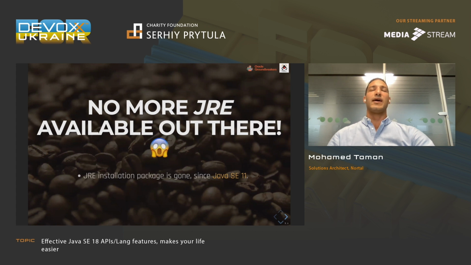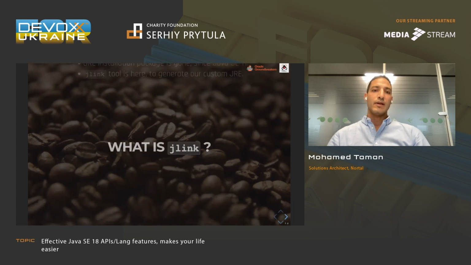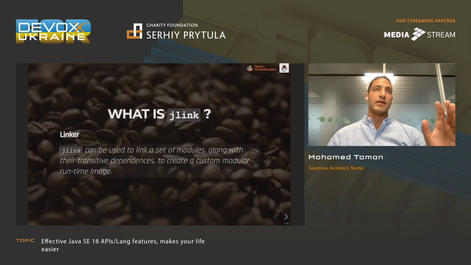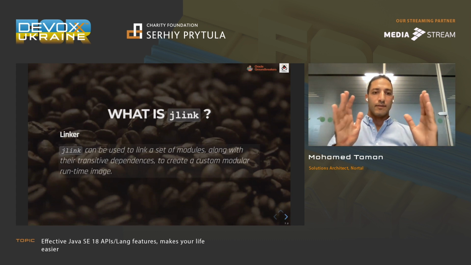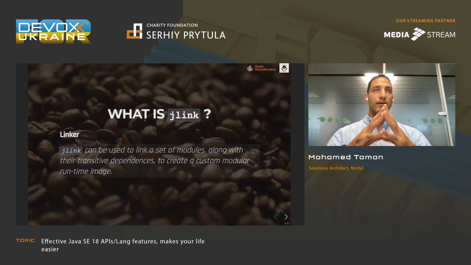Your application doesn't have to be modularized. It's a normal Java application, and you can use the JLink Java tool that you can find under the bin folder. The purpose of this tool is that we have an application, we run JLink with some options against it, and JLink will analyze our application.